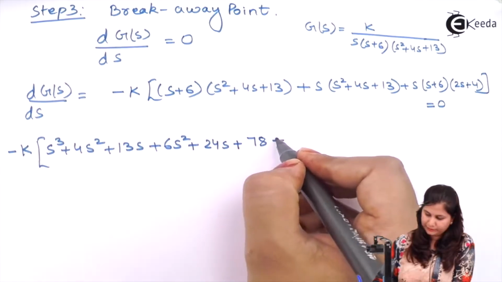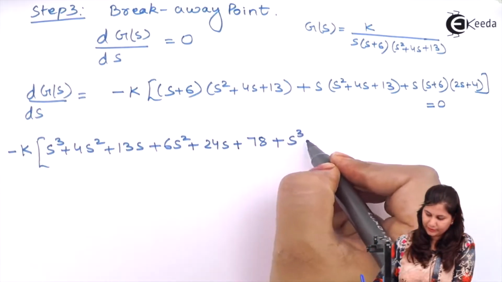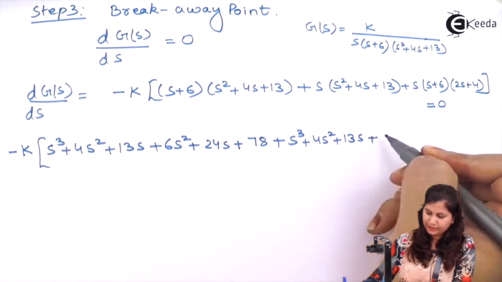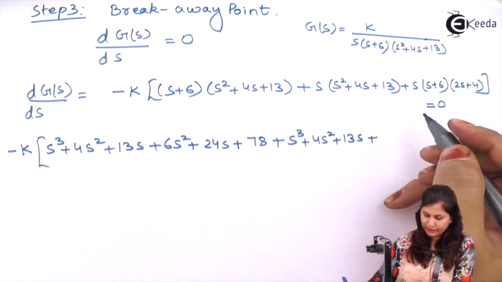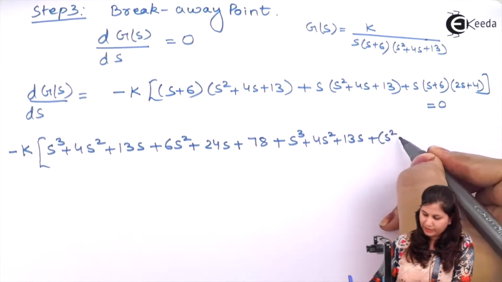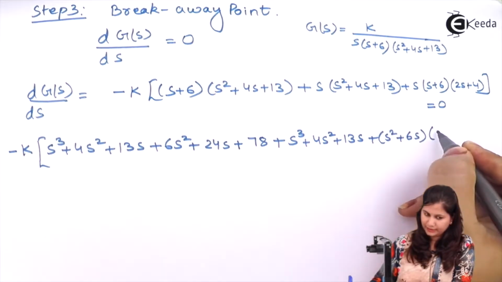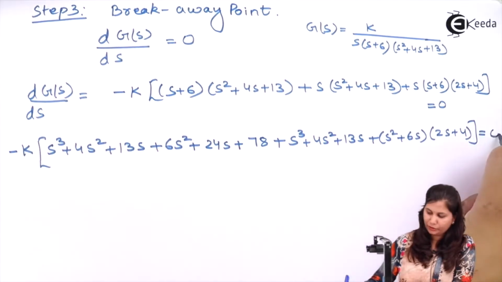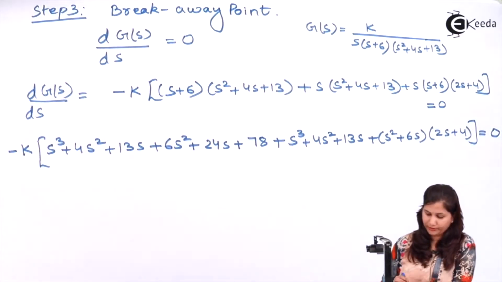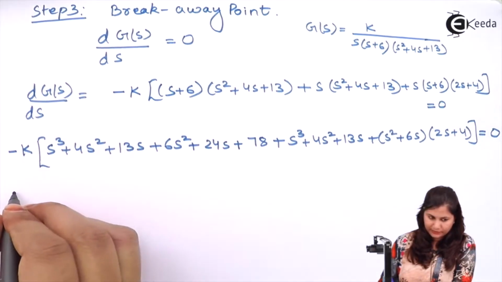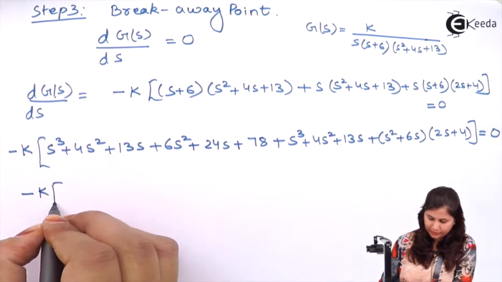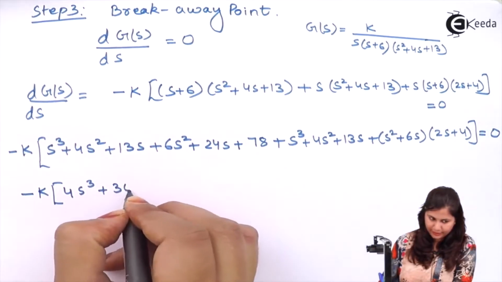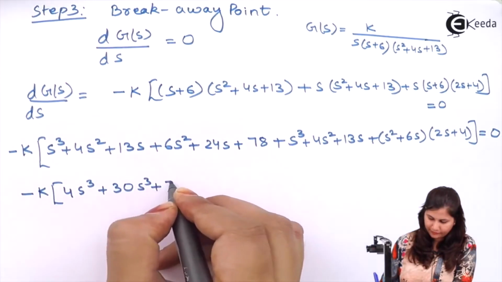Then we have to multiply this inside: s squared plus 4s squared plus 13s, and we have to multiply these three terms. So we will have s squared plus 6s and then 2s plus 4, and we have to equate it to 0. Now when we solve this, we will have minus K, then